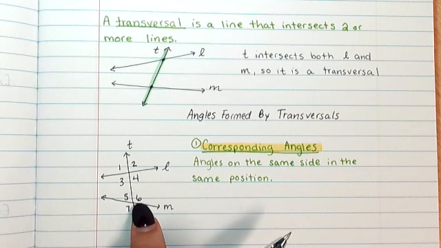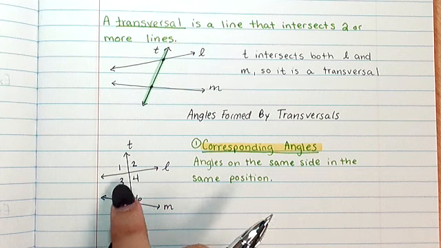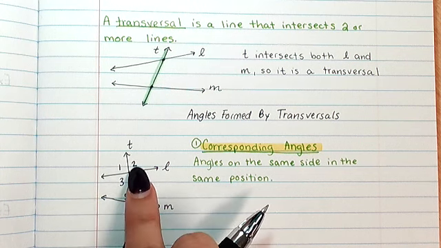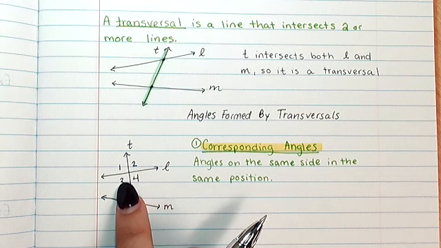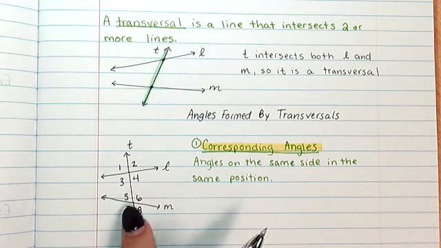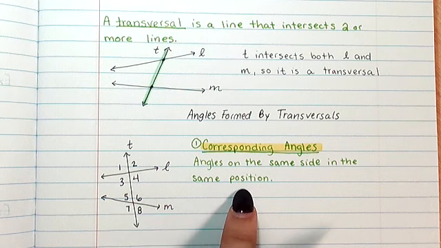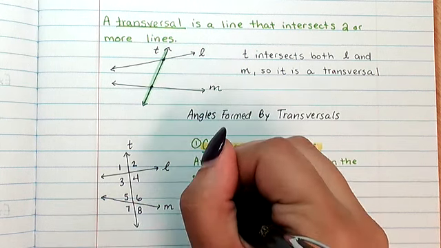So when they're on the same side and the same position, then we're talking about upper left and upper left, upper right, lower left, lower right, and lower right. So examples of corresponding angles would be angle 1